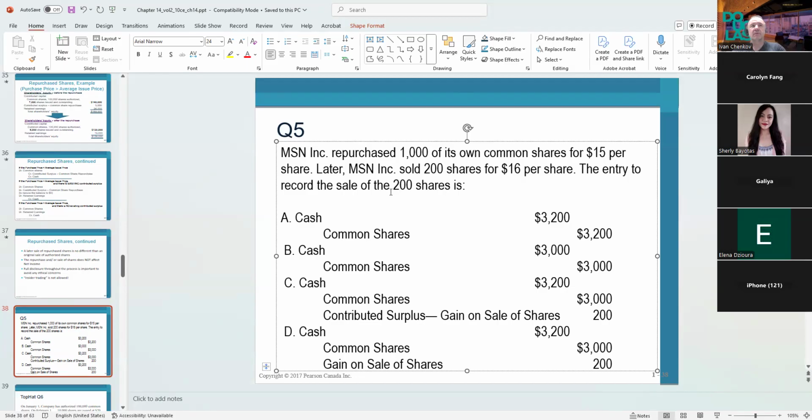What do you think will be the right answer? So let's read the question. The company repurchased 1,000 of its own shares for $15 per share. Later, the company sold 200 shares for $16 per share. The entity records the sale of the shares as: